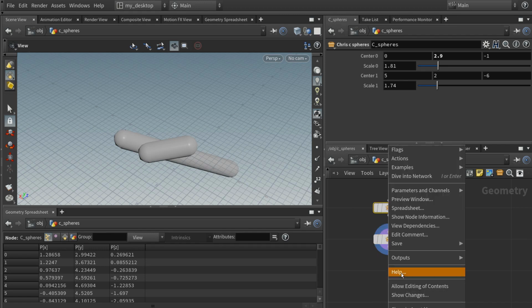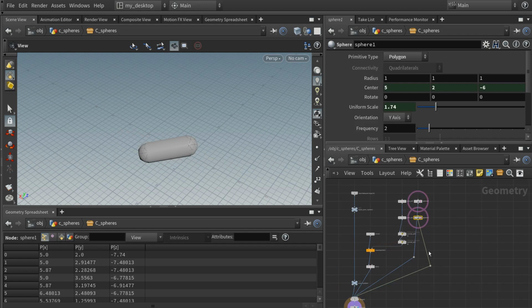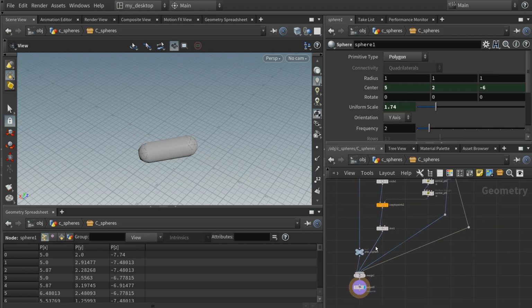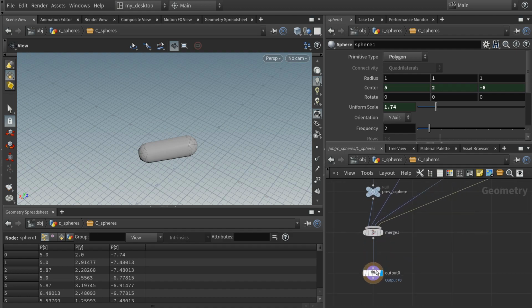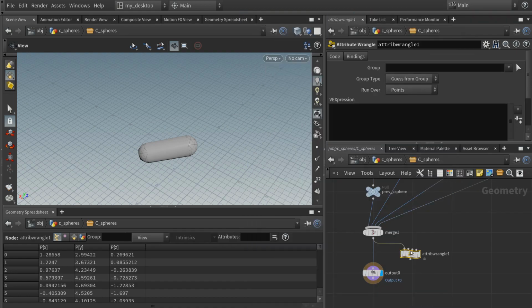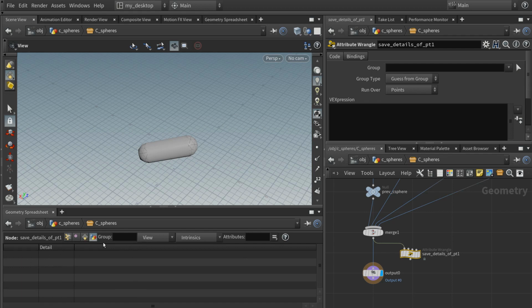So I'm editing the upper one, which is all the same. You can see it being updated now. And I create a new attribute wrangle where I want to save the position of point 1 into the details tab of the geometry spreadsheet. So I run over detail,